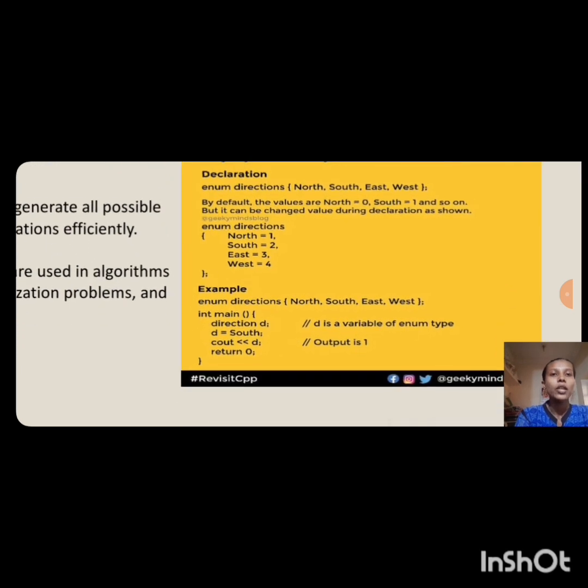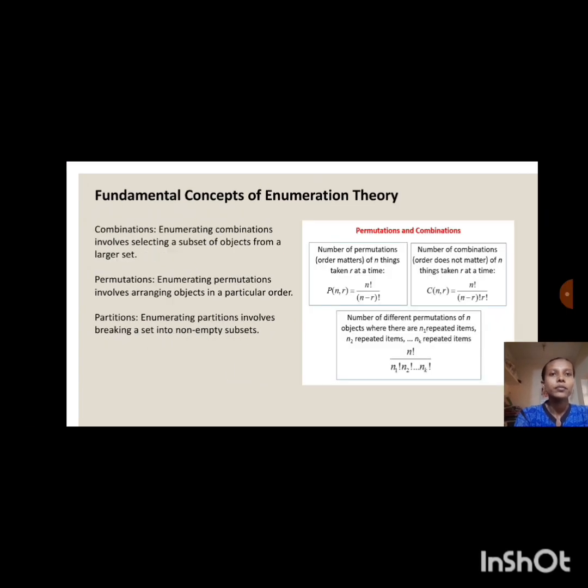Example. enum directions {north, south, east, west}; int main() { directions d; d = south; cout << d; return 0; }